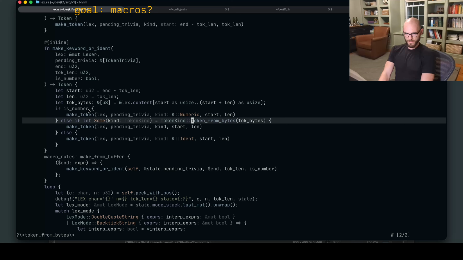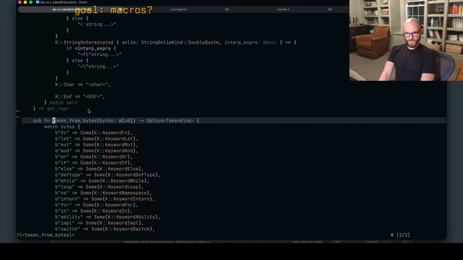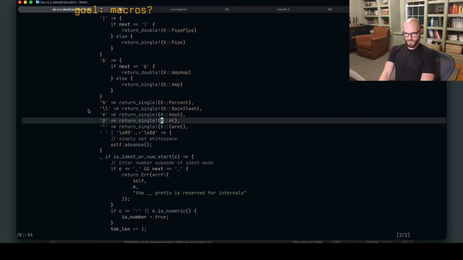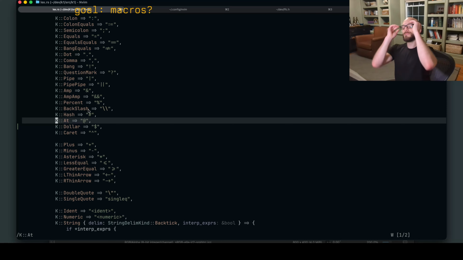Okay. At. So now it's only in two places, right? It's so much better because I used to have this helper function and it was like, well, I'm a smart programmer and I can clearly see that all of these are single character tokens.